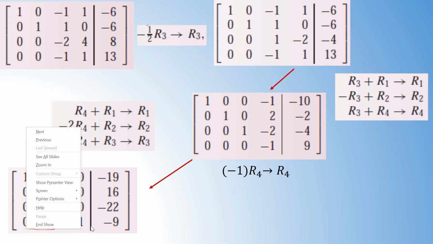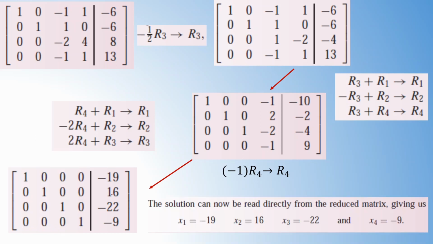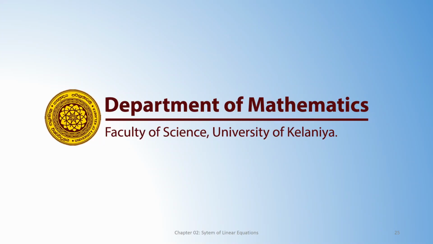So when you convert the left hand side of this augmented matrix to an identity matrix and obtain the solution, this process is called the Gaussian elimination method. When you apply the Gaussian elimination method to the augmented matrix, you can directly get the solution of the linear system. So what we have discussed today, as worked examples, is how to apply the row operations in the Gaussian elimination method so that you can obtain the solutions of the linear system directly.